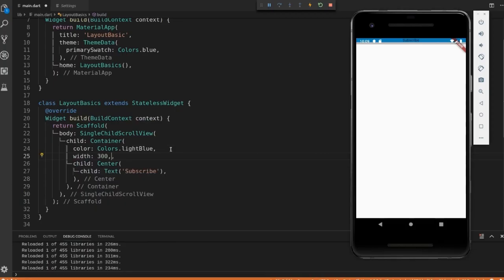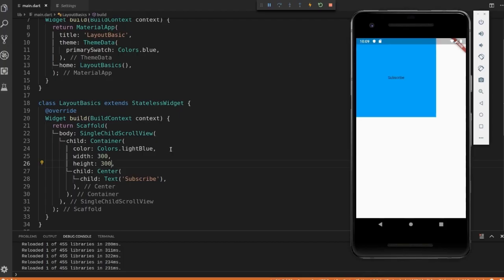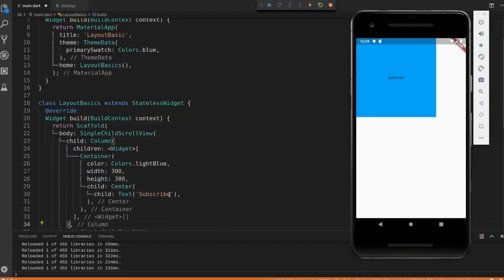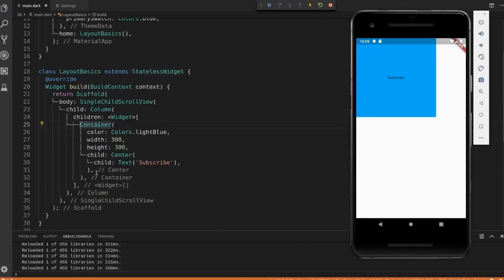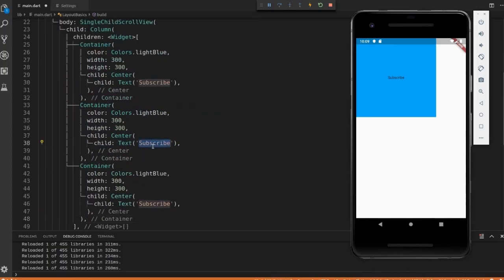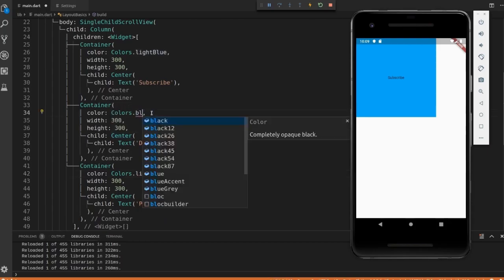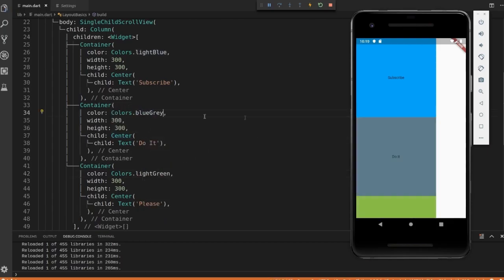We begin by wrapping the container in a Column. For a Column widget, you can provide multiple children that can be laid out vertically. We'll take the old container and make 3 versions of it, each with a different color. Observe that these widgets are scrollable because of the SingleChildScrollView widget. Nice, and observe that these child containers' heights can be as big as possible, as the scroll view's height is